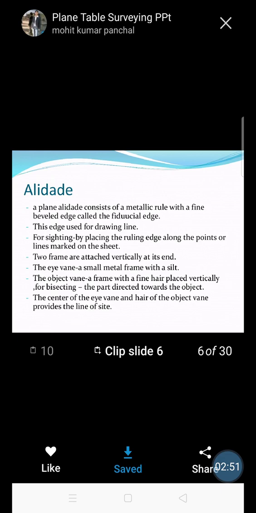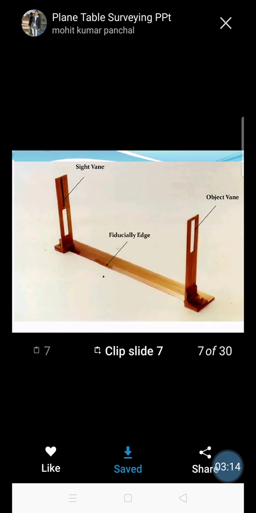For sighting the object we have to place the alidad on the plane table, and after bisecting the object through the eye sight and the crosshair, you have to draw the ray. Basically, this instrument used for bisecting the object and plotting the rays is called the alidad.